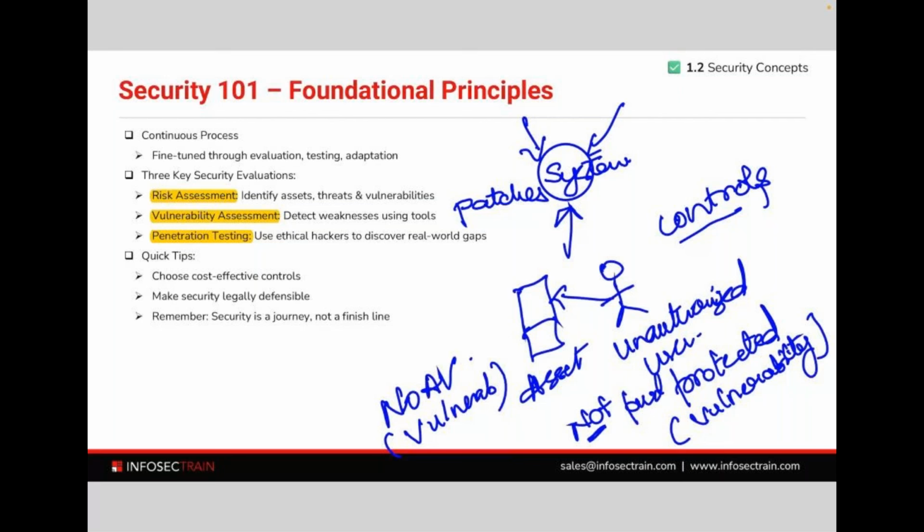the budgets in an organization are always constrained, right? We do not have an infinite source of resources in an organization. So budgets are always constrained. So we have to ensure that the controls or the solutions that we are providing are also cost effective. The next quick tip is that we have to make our security legally defensible,